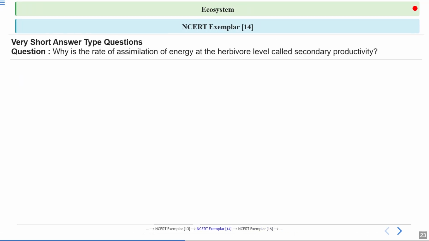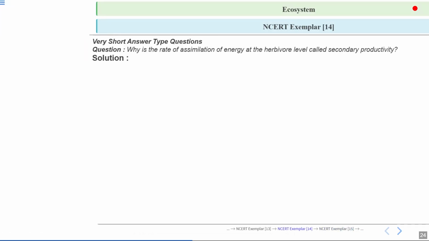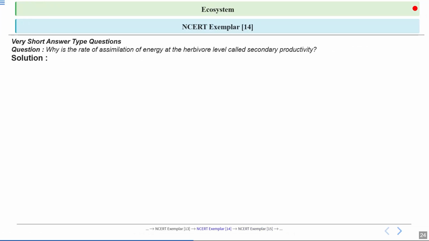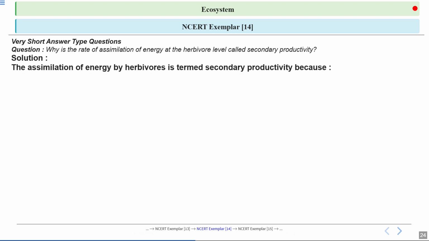Next question: why is the rate of assimilation of energy at the herbivore level called secondary productivity? There are two kinds of productivity, primary productivity and secondary productivity. Here we are talking about secondary productivity. Let's have a look at the answer. The assimilation of energy by herbivores is termed secondary productivity because,